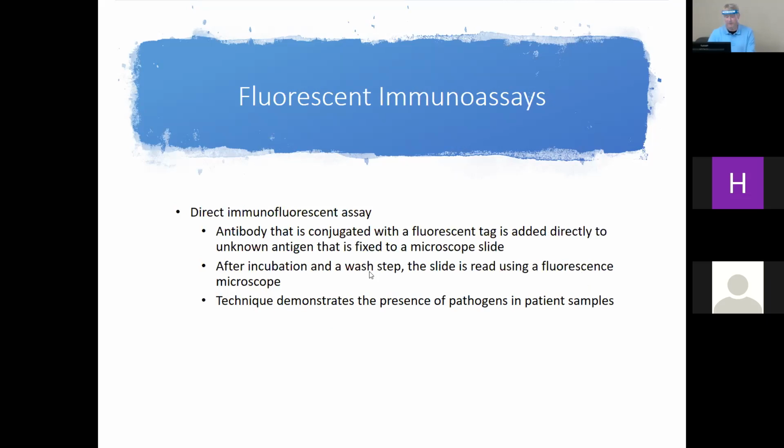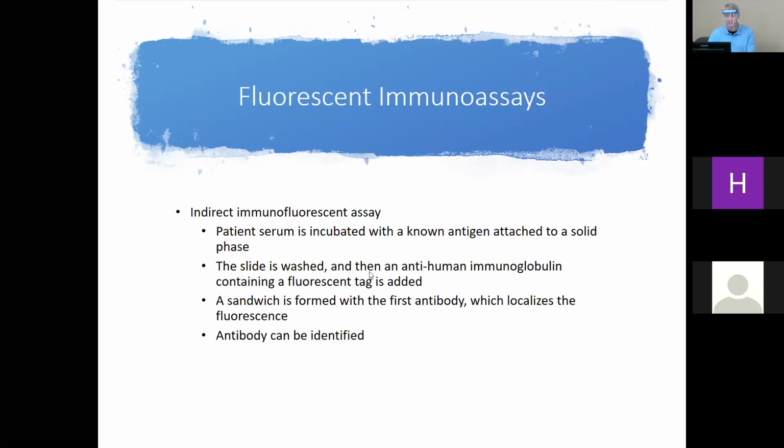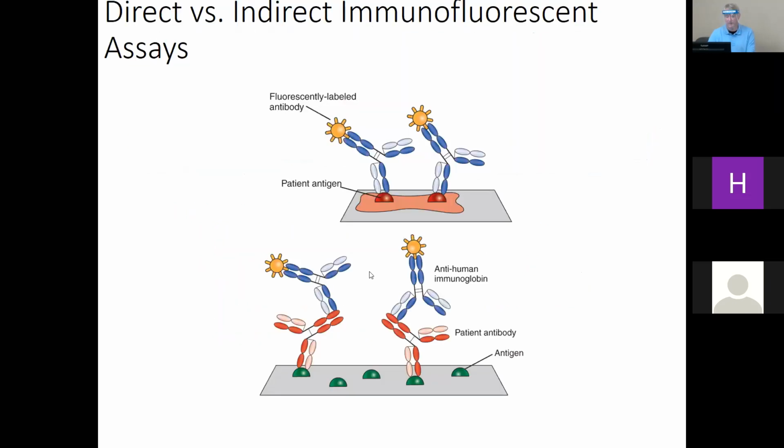And then the same idea comes up: direct immunofluorescent, indirect immunofluorescent. I think we have that down. This is a picture of it. Here's our antigen, patient antigen in a solid phase, attached to the antibody with the fluorescent antibody. Here is the indirect. And basically the difference in those two names is, do I directly bind the signal to the antigen, or do I indirectly bind? Which means I've got somebody in between us. So this would be the indirect here. We have the antigen, we have the patient antibody, and our light-up is bound indirectly.